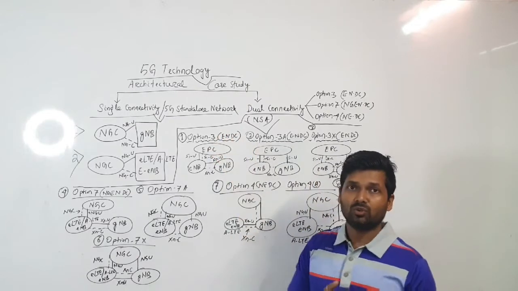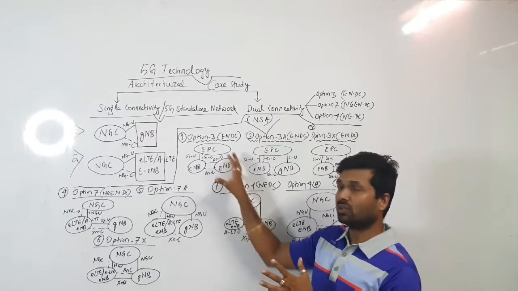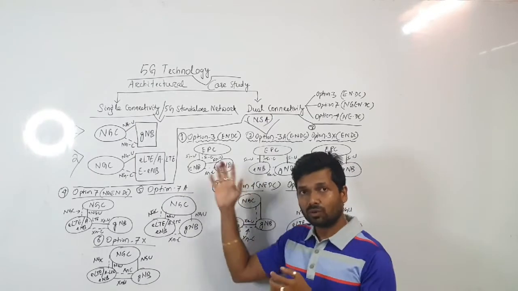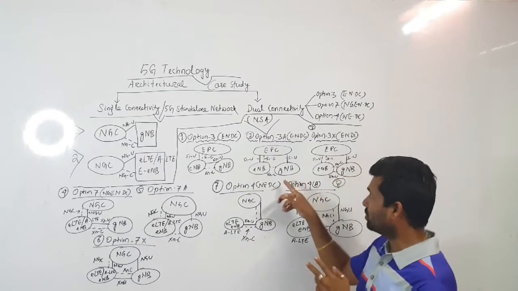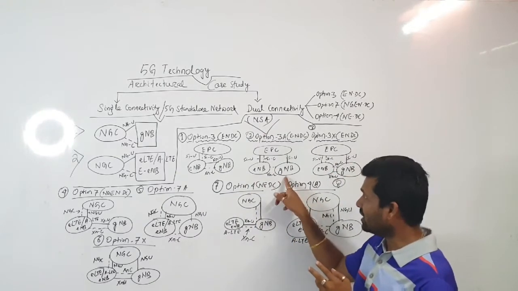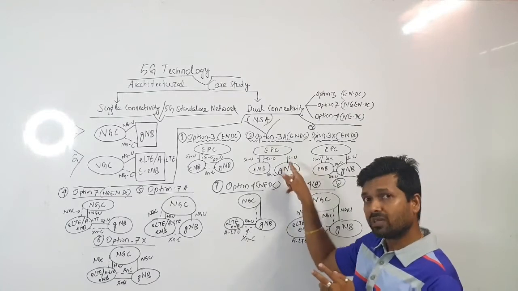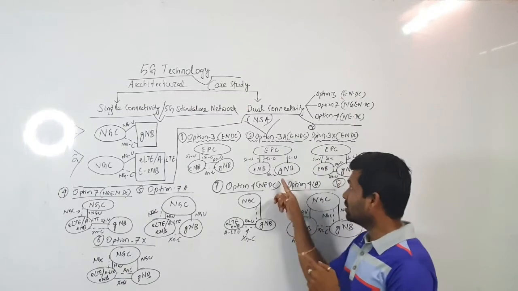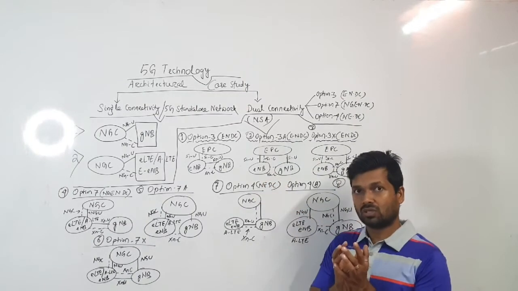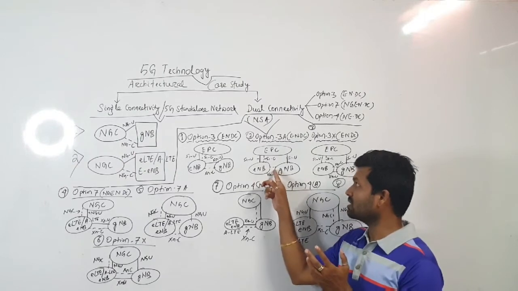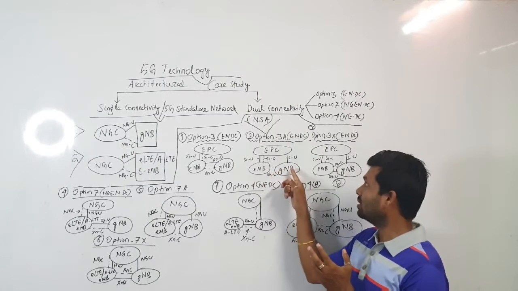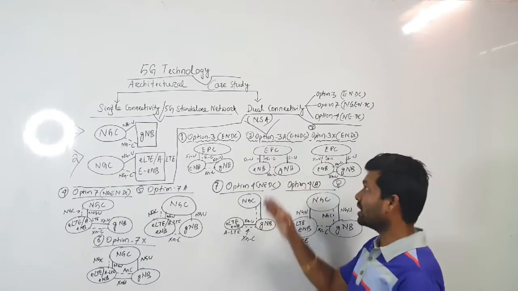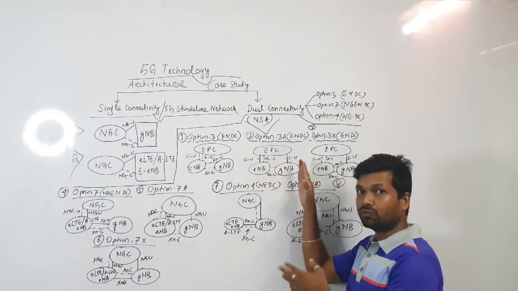We will not go into those details, but only for a basic understanding of how the 5G network architecture starts from the basic LTE architecture and how we can improve. Now in the second case, option 3A, we are adding direct transmission of user plane traffic from G node B to EPC. Only the E node B is used as a master node, but only for control and signaling. Only XnC is here, and S1U is from G node B to EPC directly. So that is option 3A. You are adding one more feature.